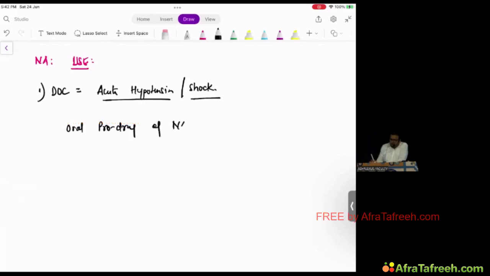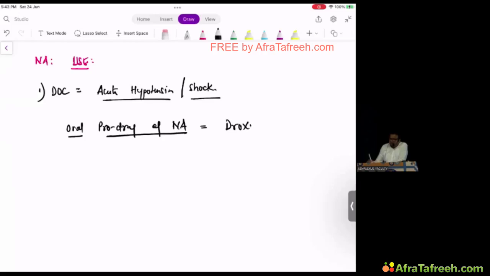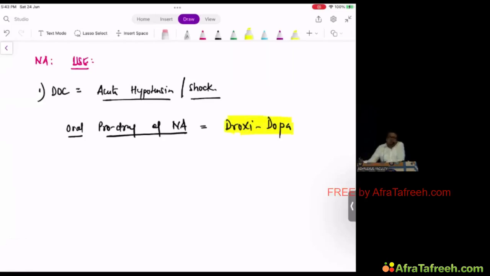So we have developed an oral prodrug of Na. A prodrug that converts into Na in the body when given orally is called droxidopa. So droxidopa is the prodrug of what? This question is asked. What will you answer? But if this question was asked 5 minutes earlier, what would have been your answer? So please understand, droxidopa is a prodrug of, first option is always,